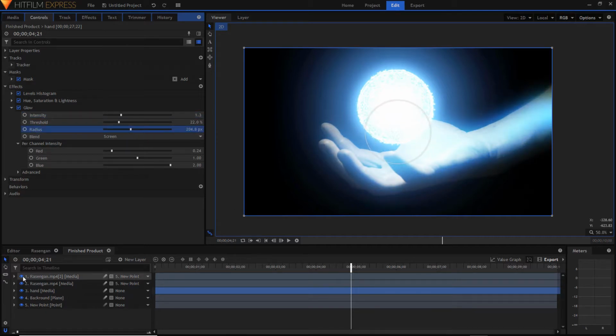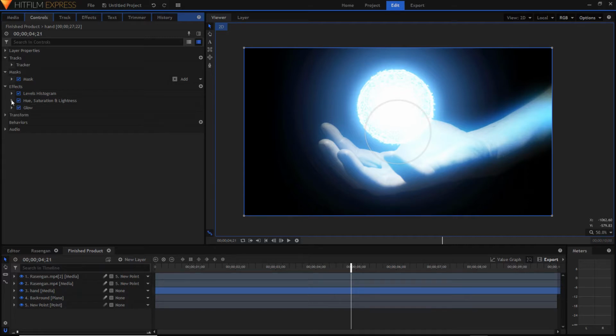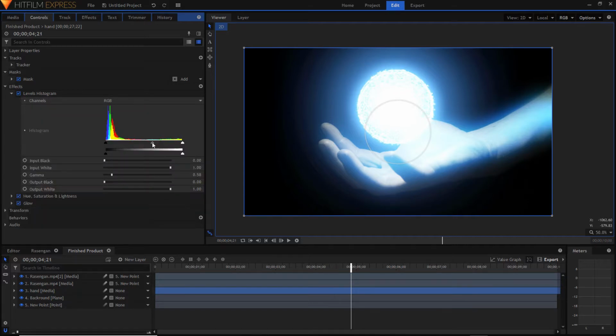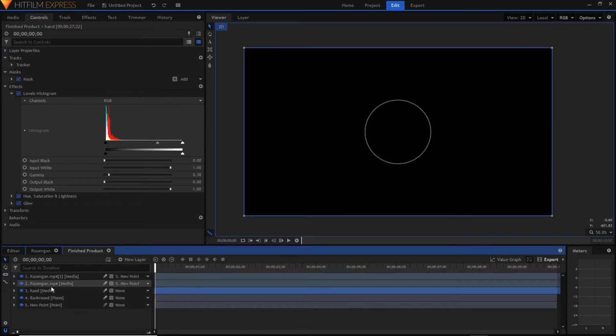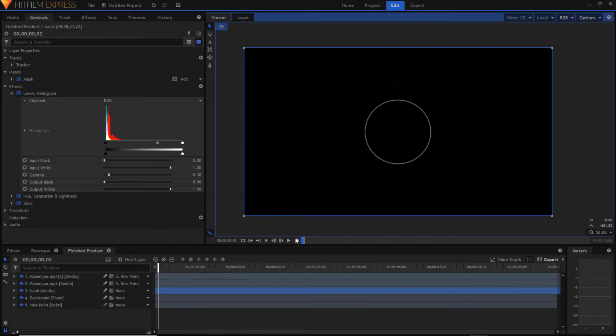Now, as you can see, my hand is kind of getting quite an outline right there, which I don't really like. I mean, if you like it, you can keep it, but what I'm going to do is take this and bring that up a little bit more so that it kind of makes it darker around the edges. So now we have this bit right here, and if we go like that,